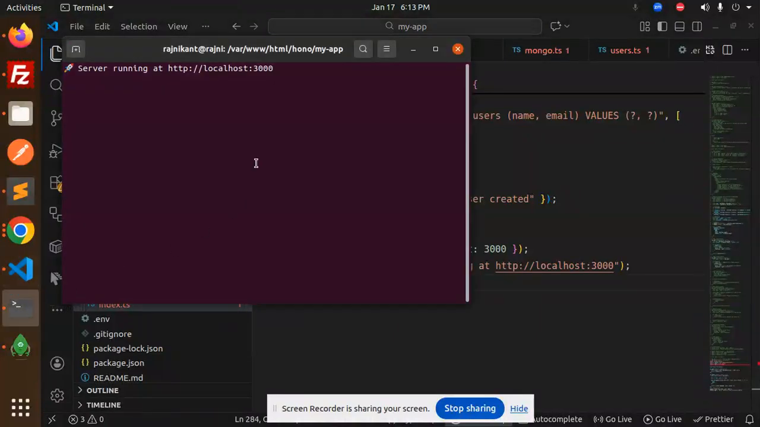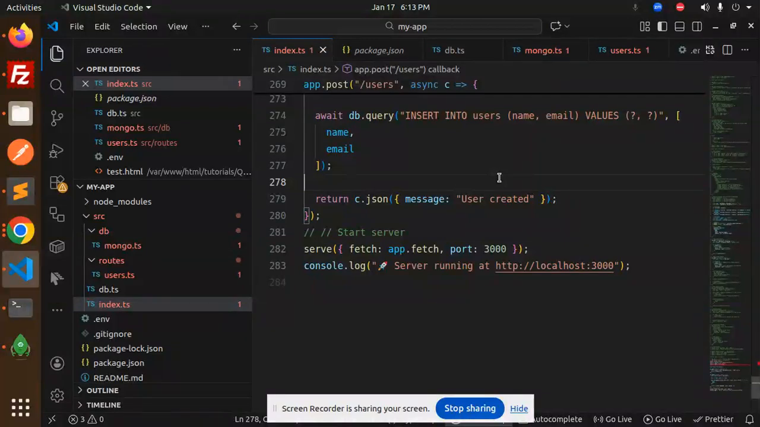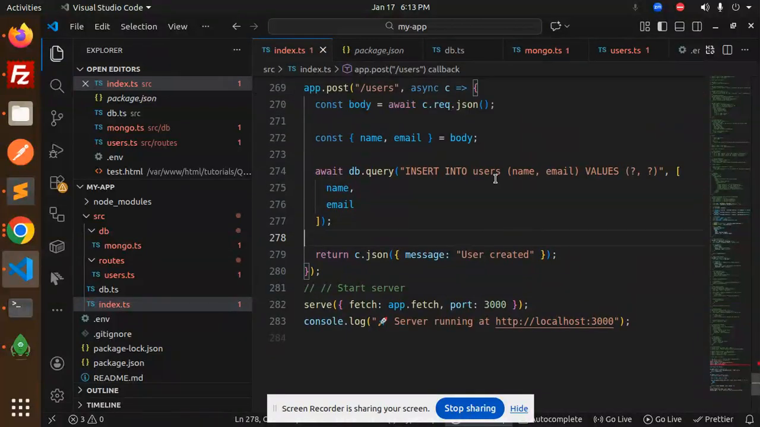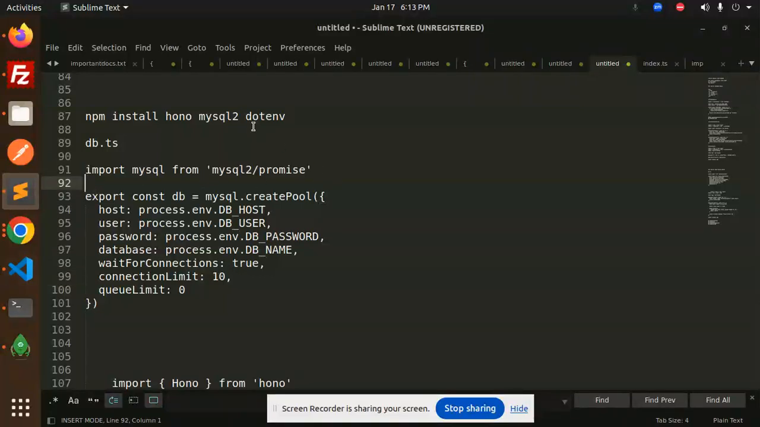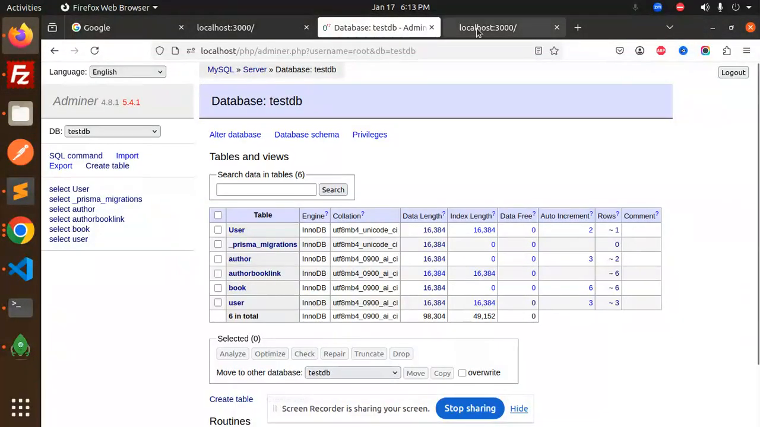If I go and just check over there, just run, and let's see whether the connection is done or not, because I think the connection is done since there is no error. And which packages we have to install, that is mysql2 and dotenv, right? So we have to install these, and if I go and just run this,